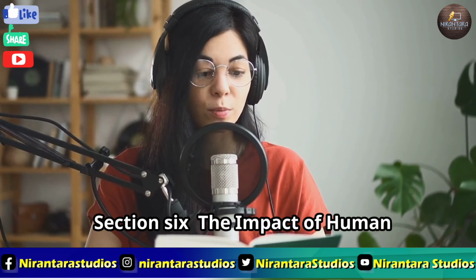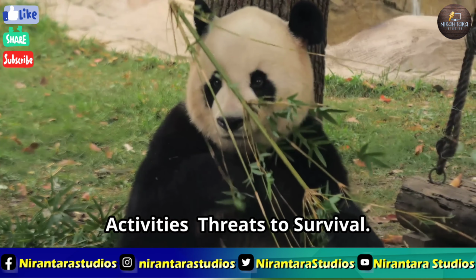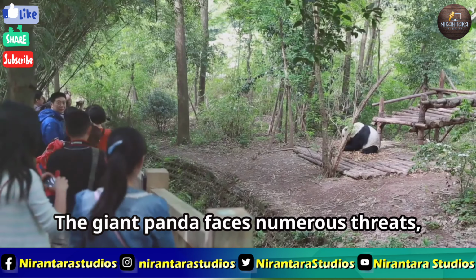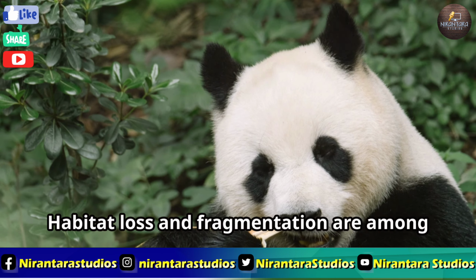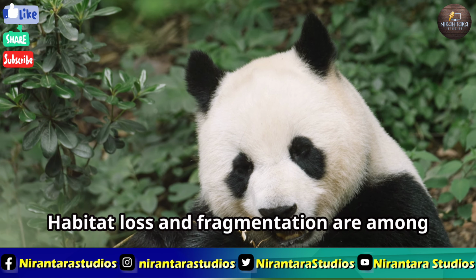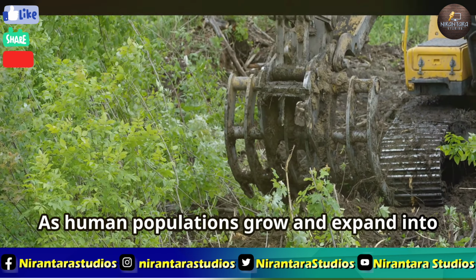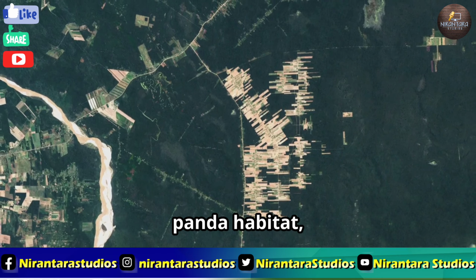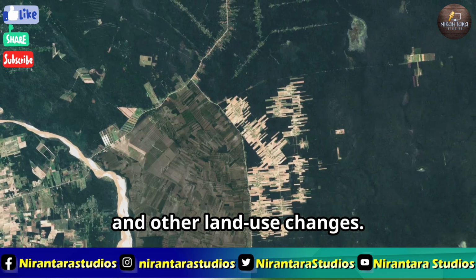Section 6. The impact of human activities. Threats to survival. The giant panda faces numerous threats, primarily due to human activities. Habitat loss and fragmentation are among the most significant challenges. As human populations grow and expand into panda habitat, forests are cleared for agriculture, infrastructure development, and other land use